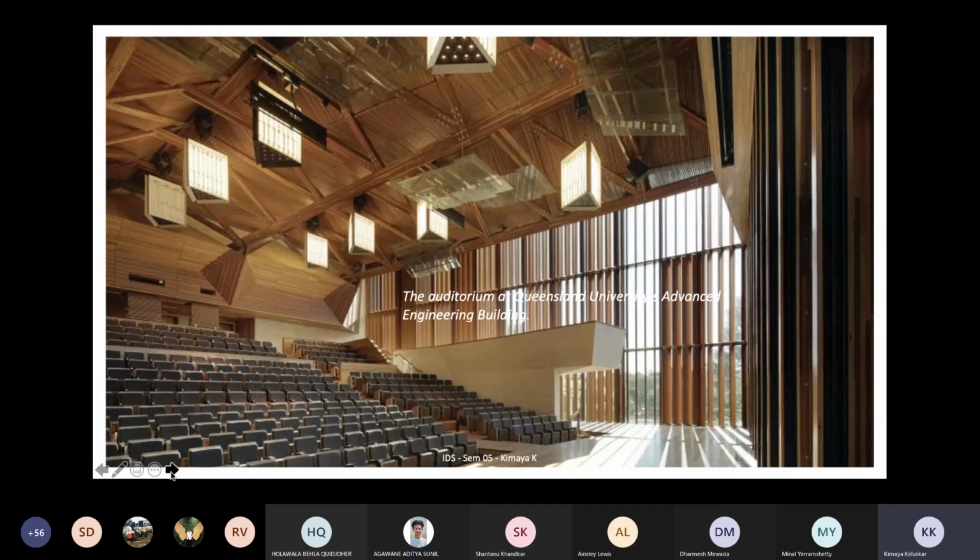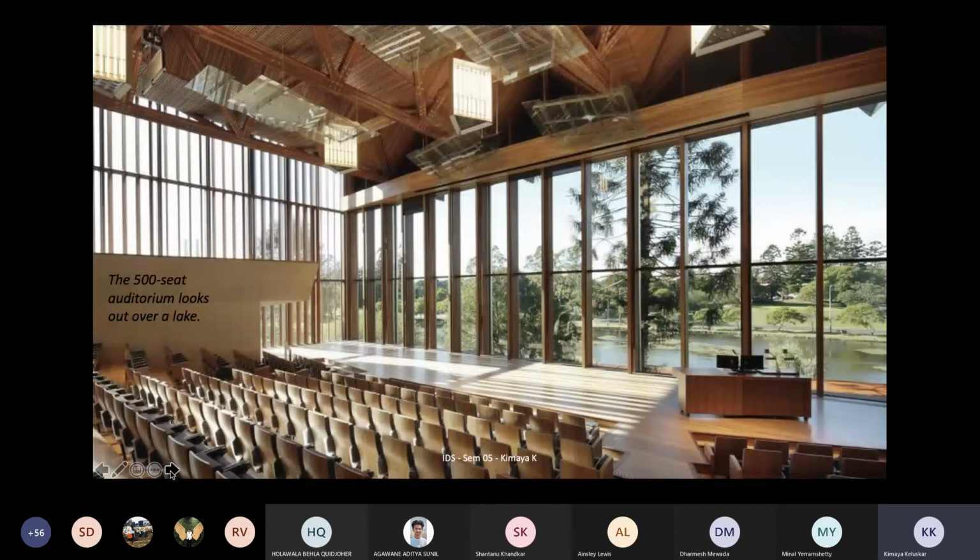And it absolutely engages with the surroundings. It doesn't become a very introvert-looking auditorium block, which doesn't have any correlation with the outdoors. The best feature is that it is entirely running on passive design features. There is real-time monitoring of this entire auditorium, and they have been using advanced engineering wherein the structural and climatic performance is tracked. Glue laminated timber has been used across the project. It's a 500-seat auditorium, and it looks over this entire lake, which becomes your backdrop.